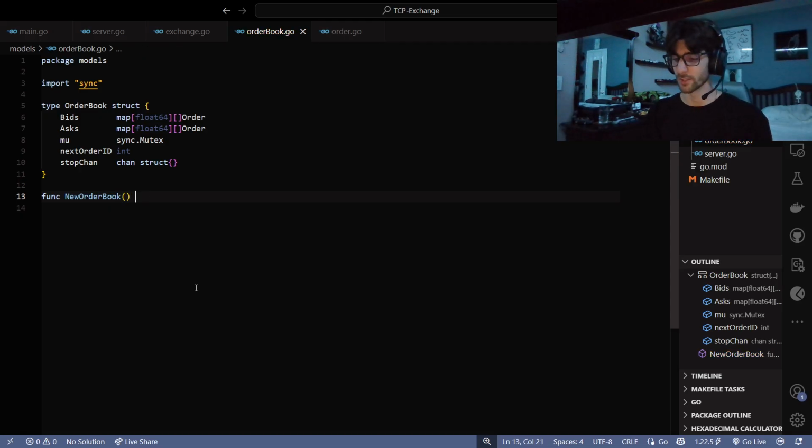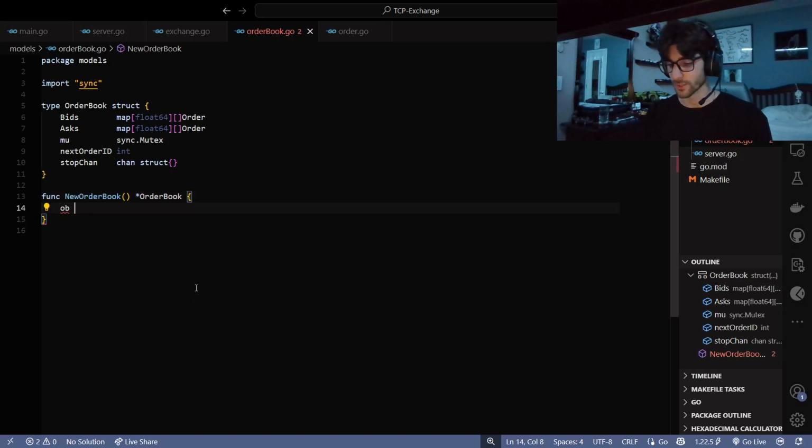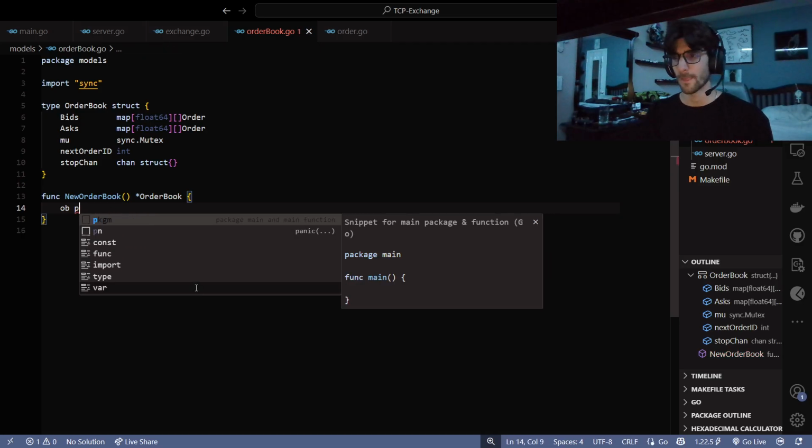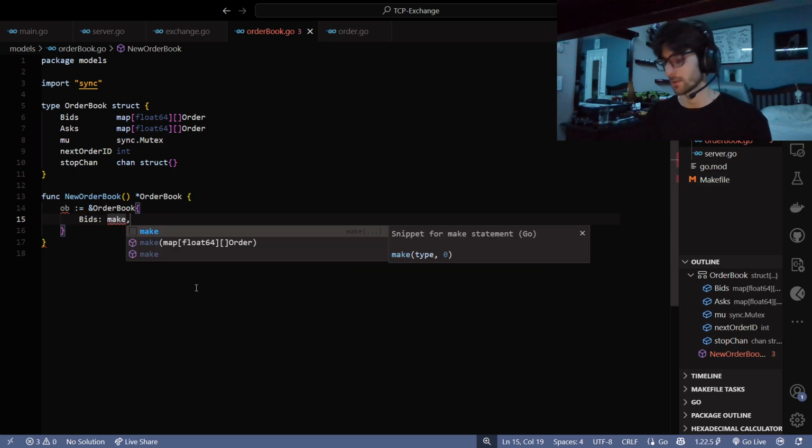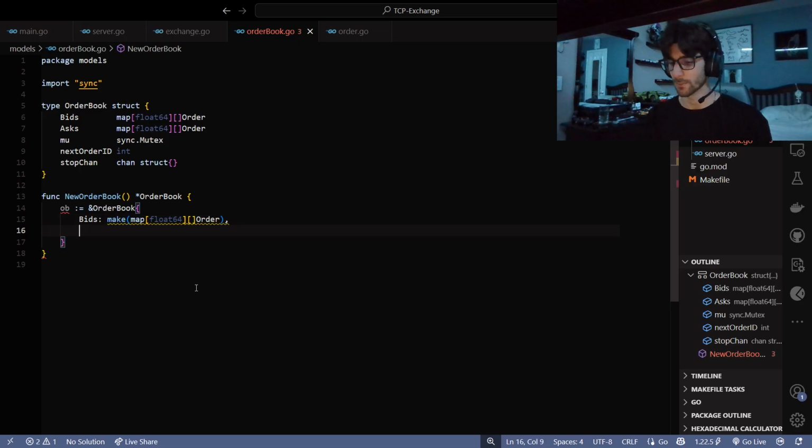Regardless, though, we need to return a reference to our order book so that way we can make a new one and then add orders to it. So our order book is going to be, yes, it is going to be like that. I don't want to return it right away. Bids, and then we're going to make, yeah, that is one thing I like a lot about Go is that it'll